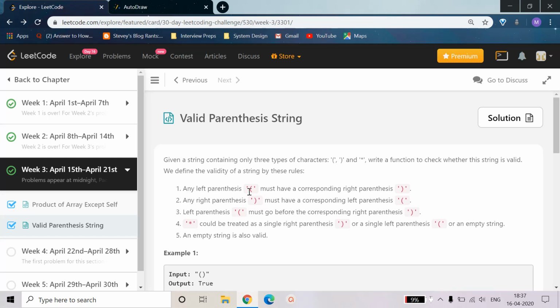Every left parenthesis has to match with the corresponding right parenthesis, and any right parenthesis must have a corresponding left parenthesis. So every left and right parenthesis have to be matched. Also, the left parenthesis must come before the corresponding right parenthesis. So left parentheses have to be present before we use a right parenthesis. And